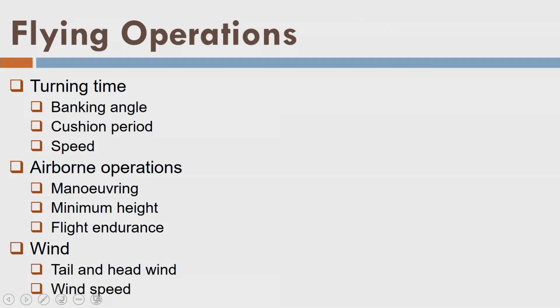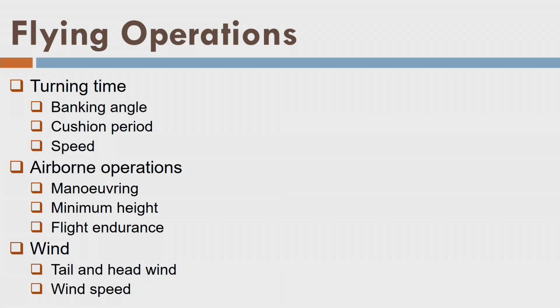Fine. Now coming to the flying operations. So far we have discussed data quality, project requirements, mapping requirements, scanner quality, GPS, IMU and so on. Now we will talk about the flying operations. What are the flying operations? First of all, if you see the first slide, we have drawn some flight strips and the aircraft is making the turn. While making the turn, the aircraft banks, and it turns back again in order to reach the next flight line.